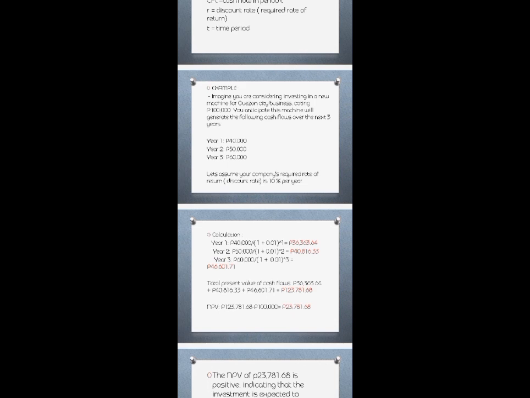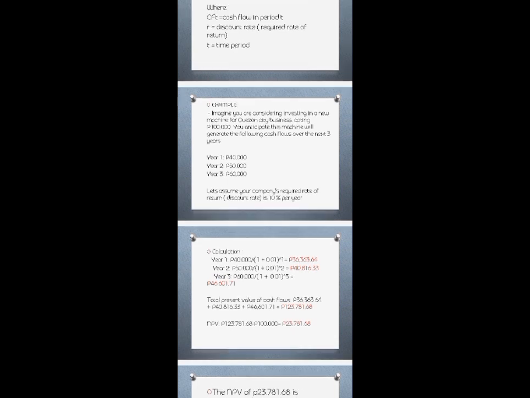Kung magkano ang machine na yun na bibilin mo. So here is